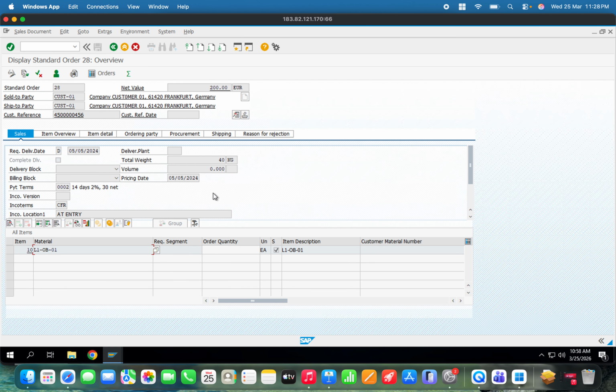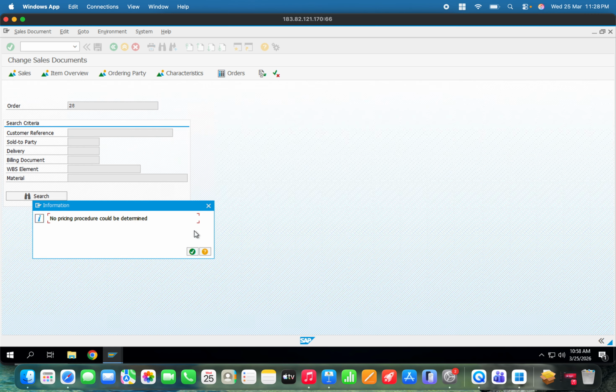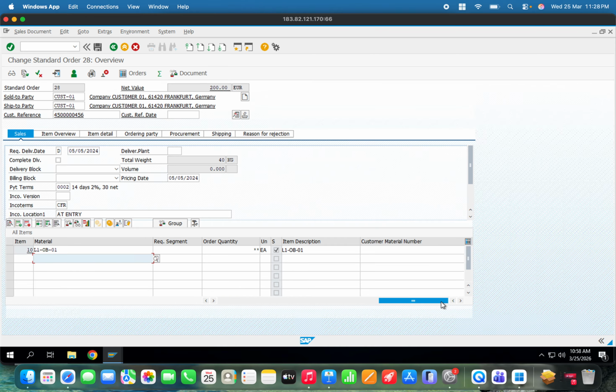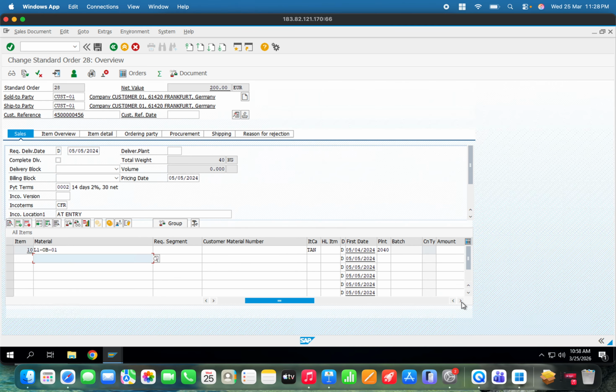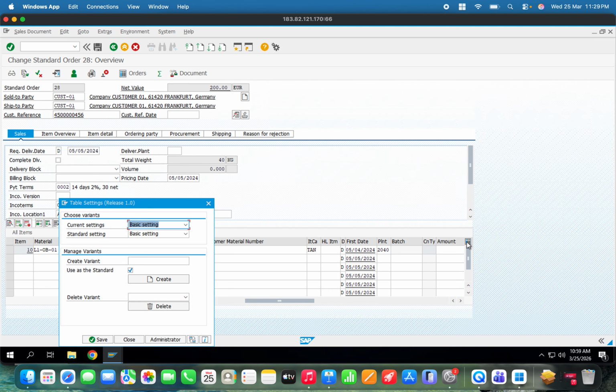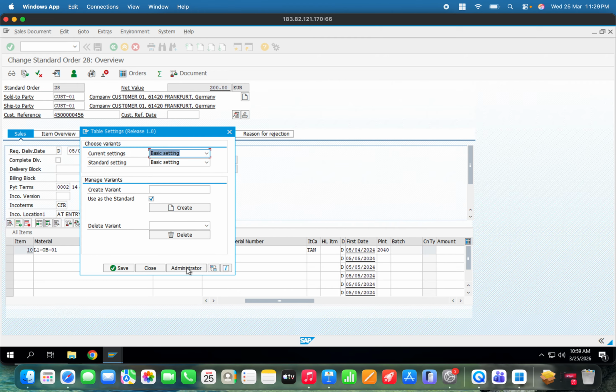In this sales order, if you see, once we have created the sales order, we have filled in all the details. In that one, you see the first date, which is available right now. If you see, there is the administrative icon over here. You can click on this configuration icon. In this one, we can go to the administration,